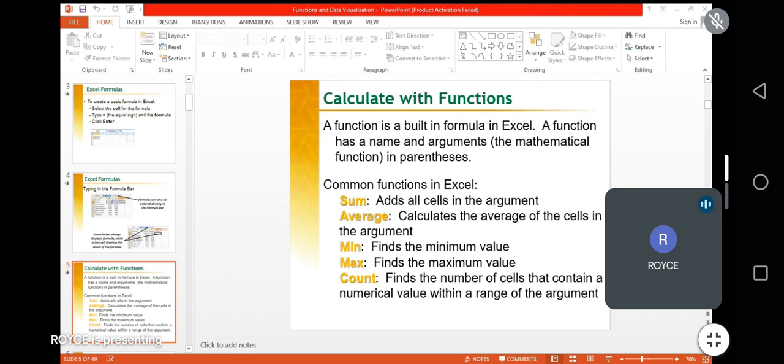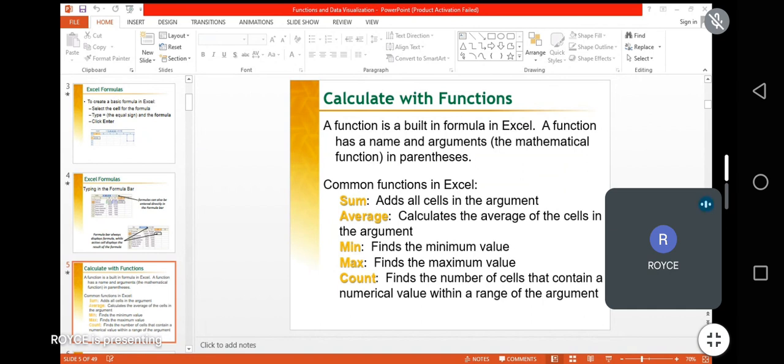The next one is the min function. The min function helps you to find the minimum value. Okay, in terms of cells, this could be your lowest cells. In terms of temperature, this could be the lowest temperature. In terms of scores, like at school, this could be the lowest student, like the student who got the lowest marks. If you want to find those things, you can use the min to find the lowest or the minimum. Okay,